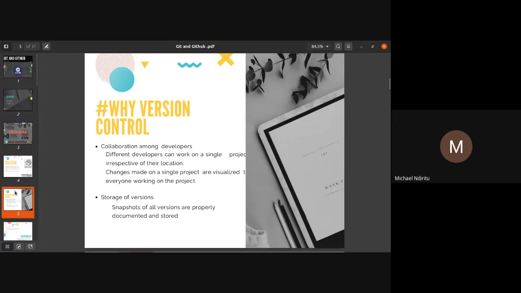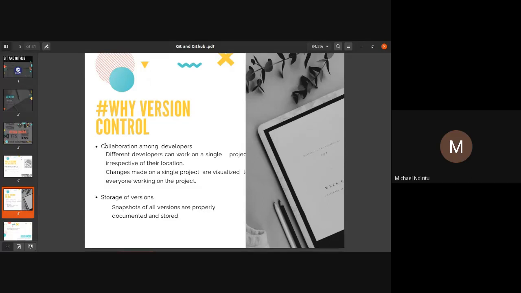Okay, so here are the various reasons why we need version control. So number one, as you can see, is collaboration among developers. Most of the time you'll find that you will not be working on a project alone. You'll be collaborating with other people, maybe not even in the same country, different parts of the world.